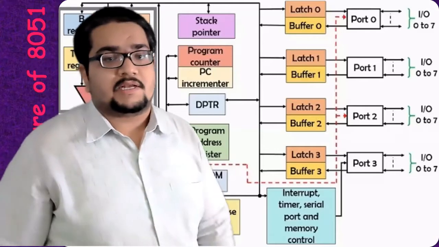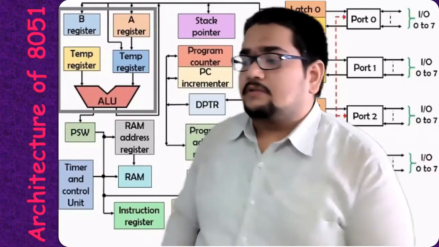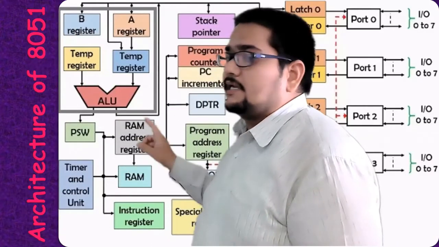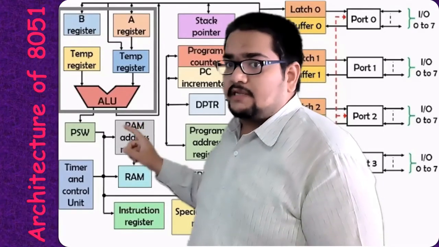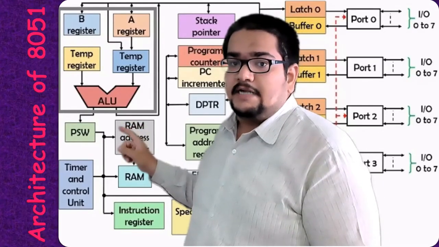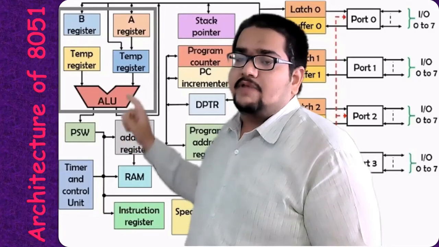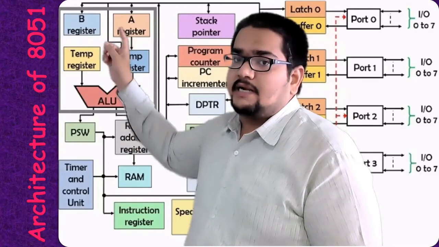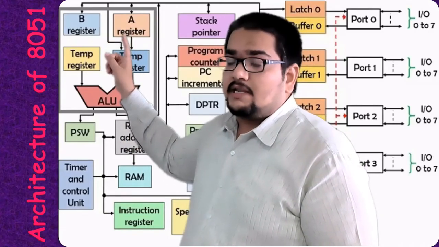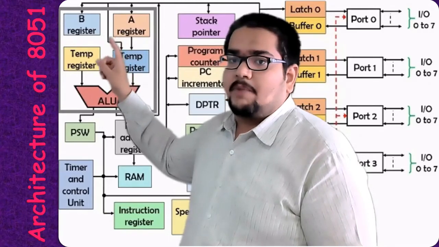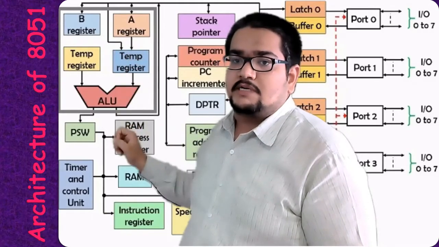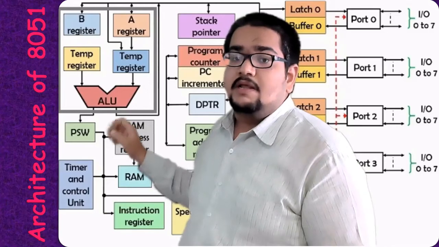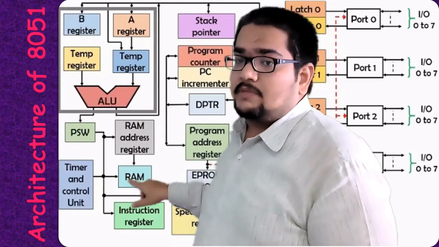As you can see in this diagram, on this side you find the ALU, which performs all the arithmetic and logical operations in the 8051 microcontroller. We have two general purpose registers, indicated as the A register, the accumulator, and a B register. Apart from these two registers, we have a lot more general purpose registers available in 8051, but they all reside on our RAM side.